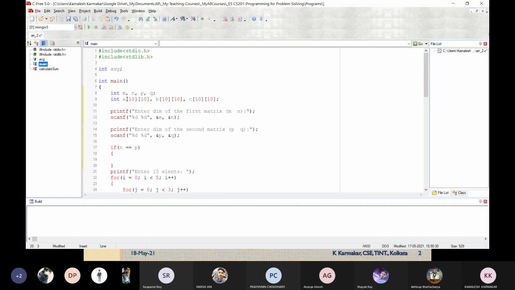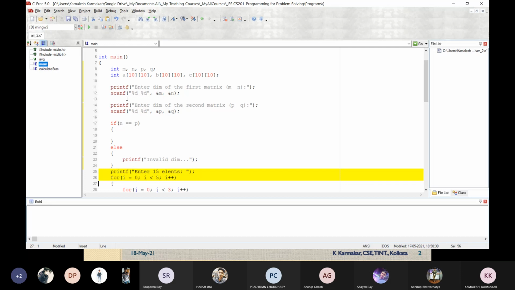Otherwise, if it's not true, then we have to give some error message. I can write printf, invalid dimension. So if it's an invalid dimension, I will print this message.